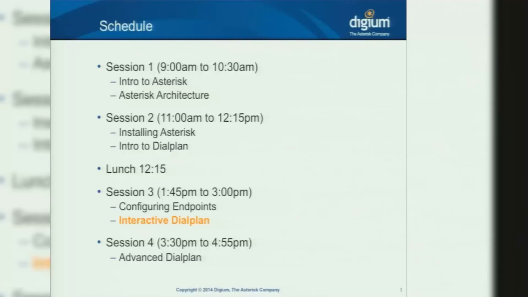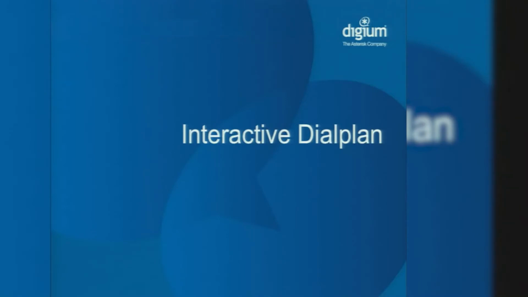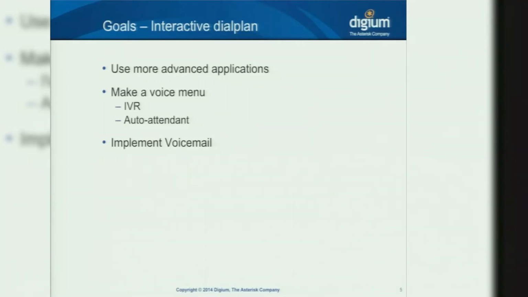Now we're going to talk about interactive Dialplan. With interactive Dialplan, we use more advanced applications. So the applications we've seen so far: Dial. I think maybe the morning session had NoOp. What are some other Dialplan applications you saw this morning, or you've seen outside of this session? GoTo. Yeah. GoTo just sends you to some other part of the Dialplan. All right, so we're going to talk about a few of those, and we're going to also build or